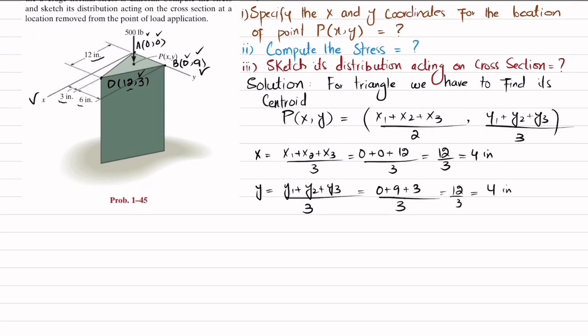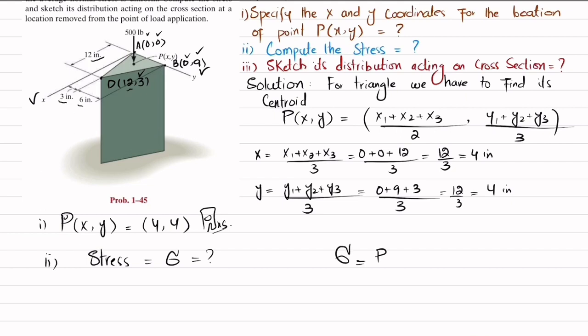So the location of point P, which is the centroid, with coordinates x comma y, is 4 inch and 4 inch. So this is the answer of our first part. Now in the second part, we have been asked to find the stress. We know that stress is equal to load per unit area. So the load is given as